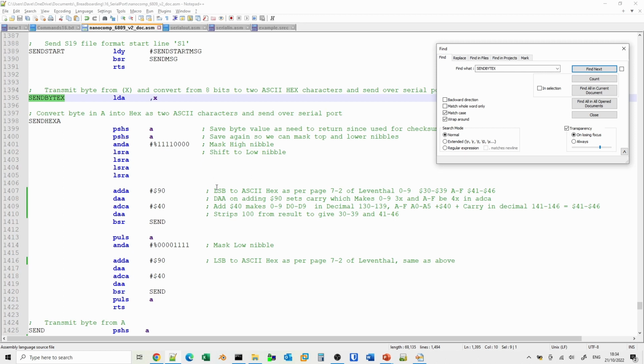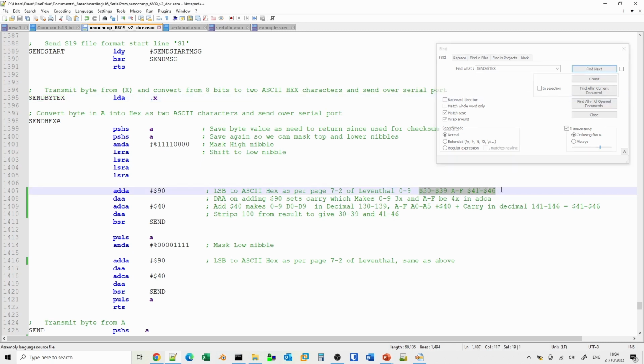And what this makes use of is by adding 90, that effectively sets a carry for values from A to F. And then when we add 40 to it, it makes all the decimal values go into the 130 or the 141 range. The 141 has got the extra 1 in the carry because the values that you see for 0 to 9 are 30 to 39, but the values for A to F effectively have an extra 1 in there.